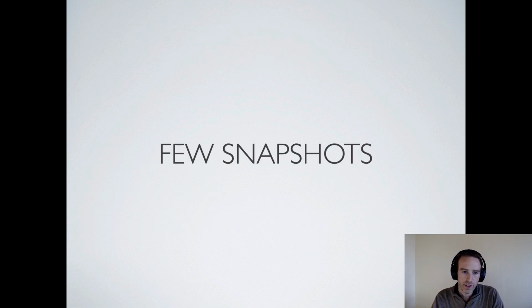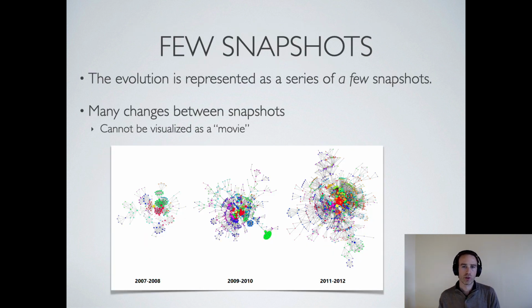So the first case, if we have a few snapshots, well, it's quite simple. We have seen tools to analyze static networks, so we can apply those tools on the 3 networks and then study kind of manually the difference between these networks. So you have an example visually here of a network evolving in 3 steps,